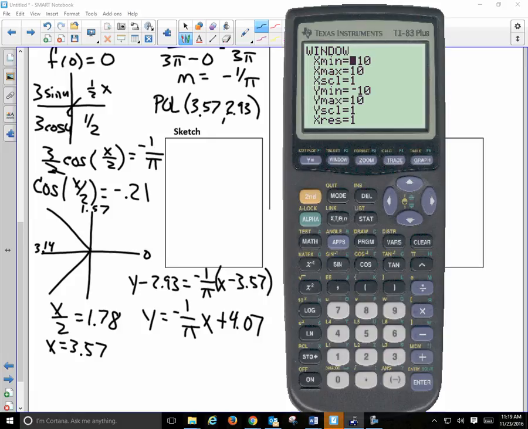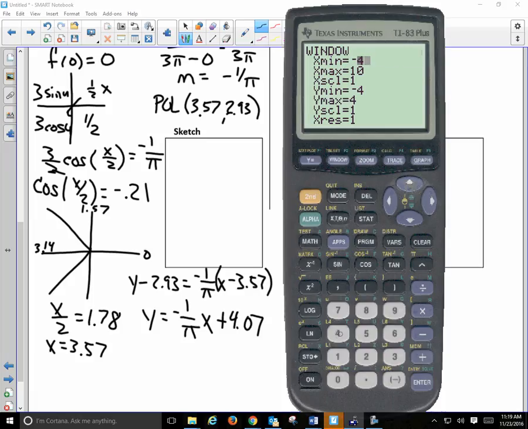What's the amplitude of our sine function? It's 3. So I'm going to go a y min and max of negative 4 and positive 4. And then the period is going to be 2 pi divided by 1/2, or 4 pi. So if I go all the way out to 4 pi,